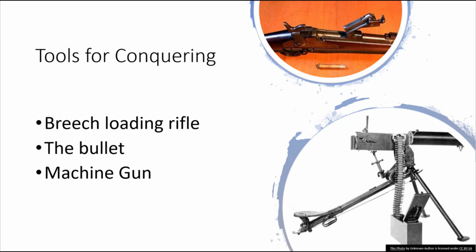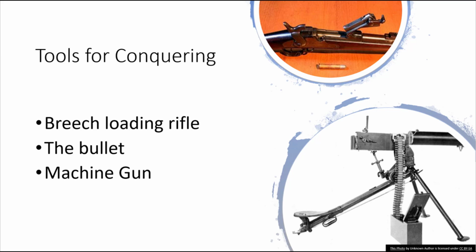Okay, so some other things too that obviously allow the Europeans to go ahead and be successful would be some of the tools of the trade that they use. So these are advancements that Europeans have that aren't necessarily spread to the African people. So the breech-loading rifle, which you can see up here in the picture in the upper portion. So basically that turns into where you can load one bullet at a time and basically take shots. Now the old way with the old muzzle-loading rifle, you usually see those type of things in Civil War and Revolutionary War type things.